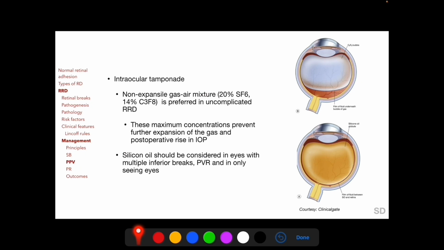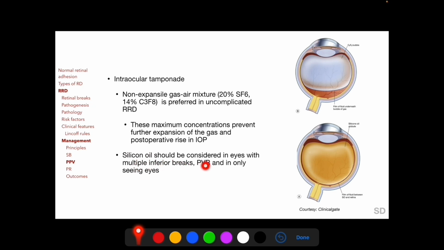If pure gas is injected inside the eye, it will absorb nitrogen and oxygen from intraocular fluid and expand in volume, dramatically increasing the intraocular pressure post-operatively. But if this gas is diluted with air to these respective maximum concentrations prior to injection, it will no longer expand after injection inside the eye, and thus post-operative rise in IOP is prevented. Such non-expansile gaseous mixtures are preferred in uncomplicated RRD,